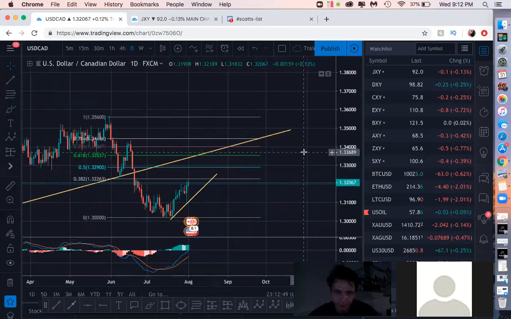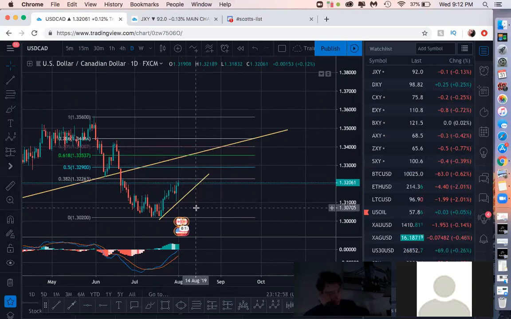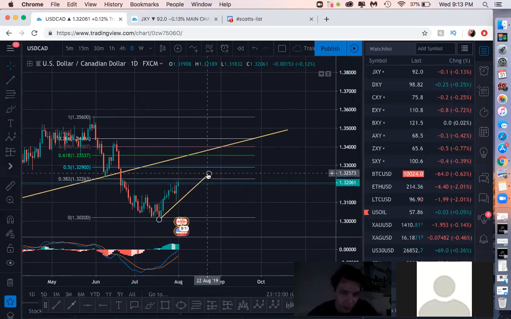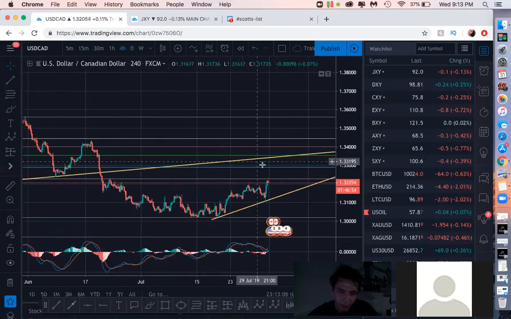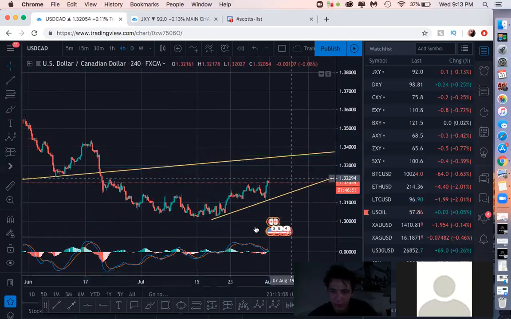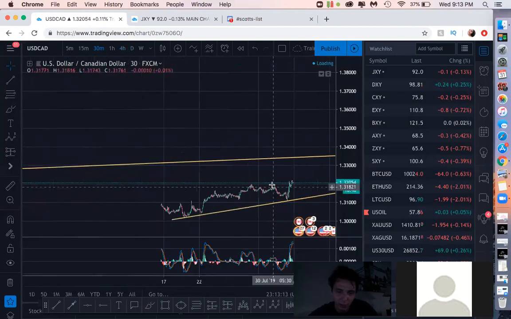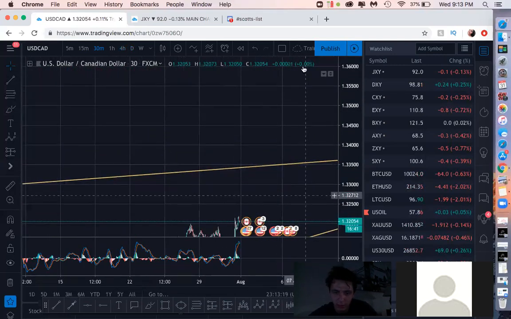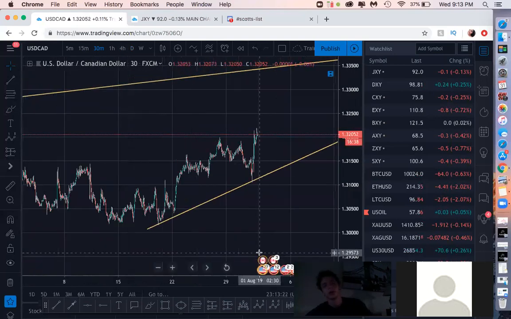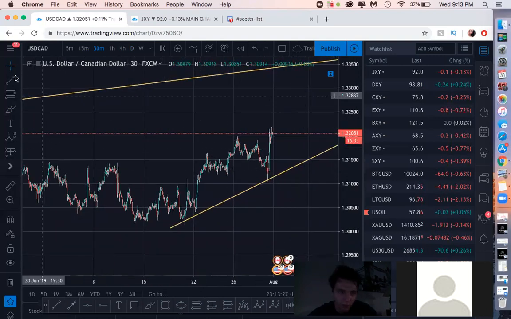So what we're looking at is the 50% and the 61.8. Maybe it will hold up at the 38.2, but you never know. We just have to wait at this point. What I'm looking for is some sort of break of this structure. Align it with the 30-minute, since it's a 4-hour time frame structure. Align it with a 30-minute cross of the MACD, and then you're golden. Pop in, and the stop loss in this case would be up here.